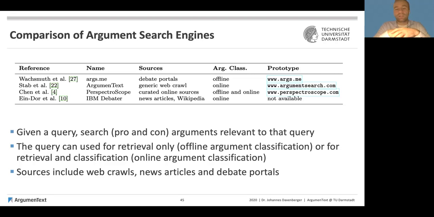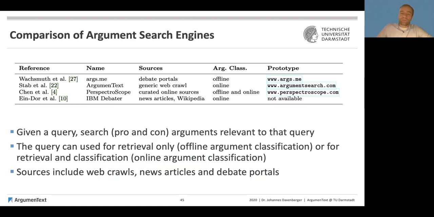Argument classification in that case can be offline or online. Offline would mean that the arguments are classified as arguments or non-arguments regardless of the actual search query, so they are classified beforehand. And online means that they are classified in real time,